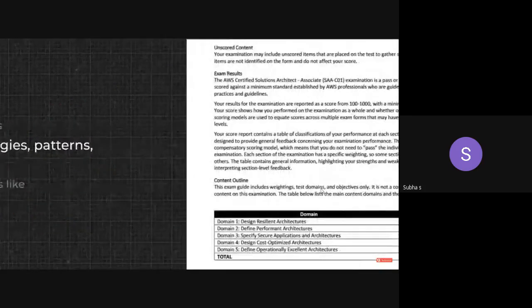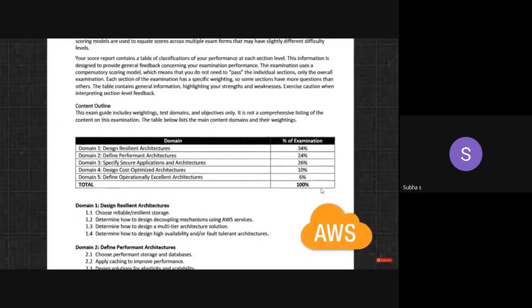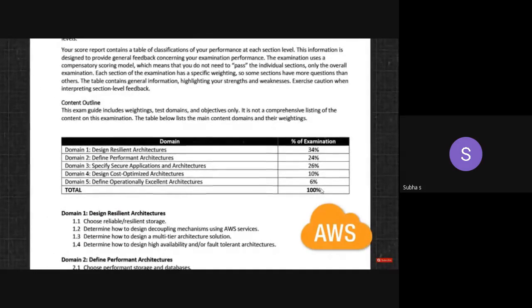If you look at the Amazon Web Services Certification Exam Guide for Solution Architects, you'll get the idea of the problem domains that this person faces. Designing resilient architectures, defining performant architectures, specifying secure architectures, and so on.